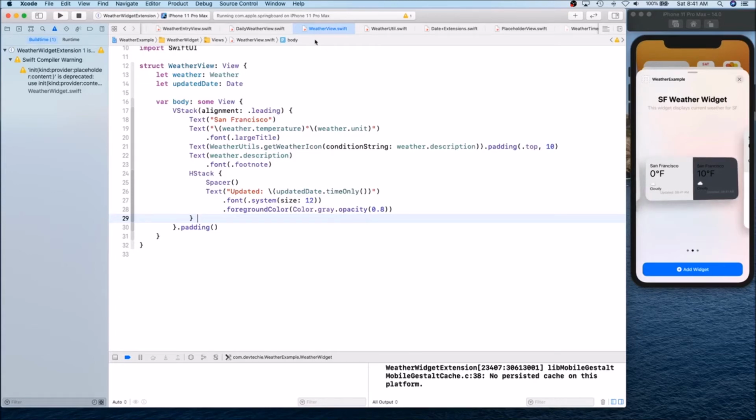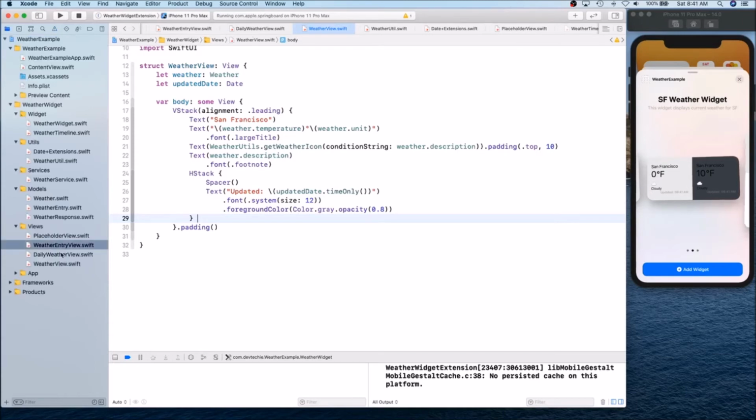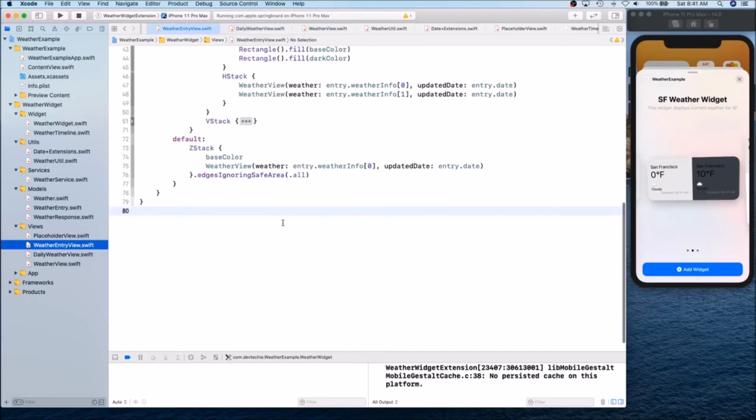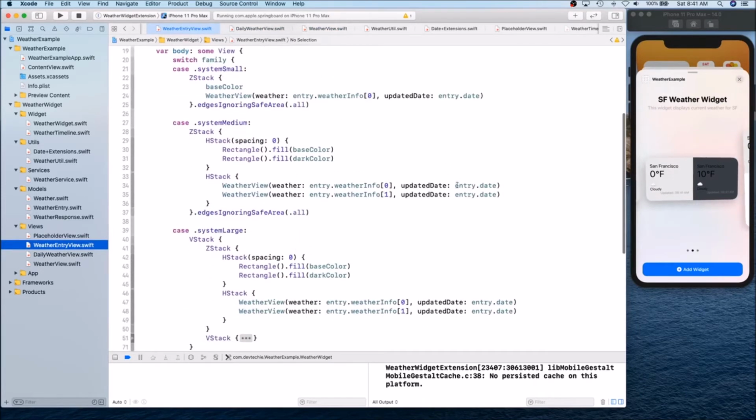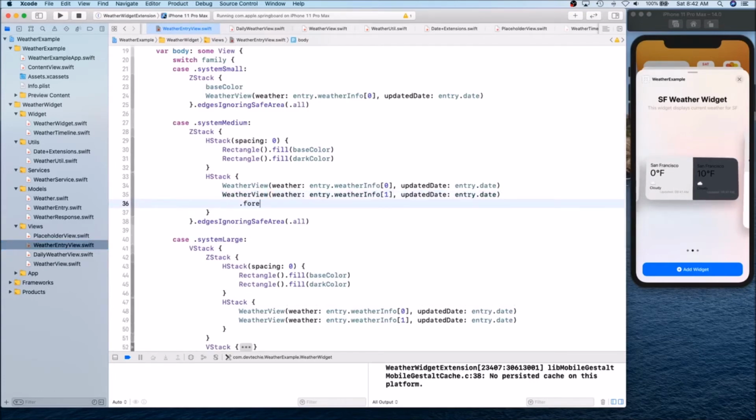Like these need to be white actually. So let me go ahead and go to our weather view. So let's go to our weather entry, and wherever we are using the dark color, right here, let's give it a foreground color of white and see if that actually fixes it for the medium, and then we're going to do the same for all the others. Okay,